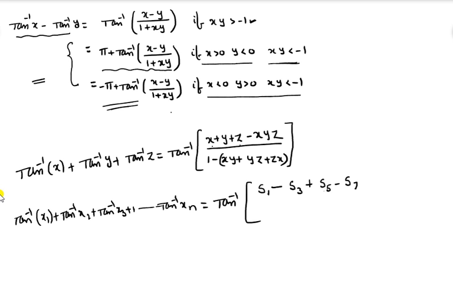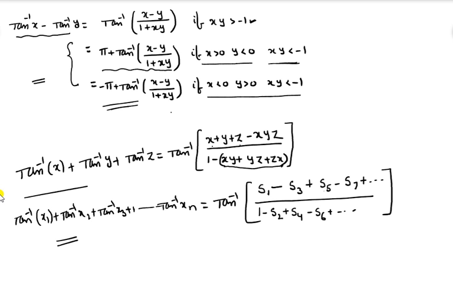minus S7, all odd ones in the numerator, alternately plus and minus and so on, divided by what we get in the denominator: 1 minus S2. What is S2? The sum of the product of the terms taken 2 at a time. 1 minus S2, next we get S4, next S6, plus and so on. This is the way to write the generalization, just as we discussed. This is S1 and this